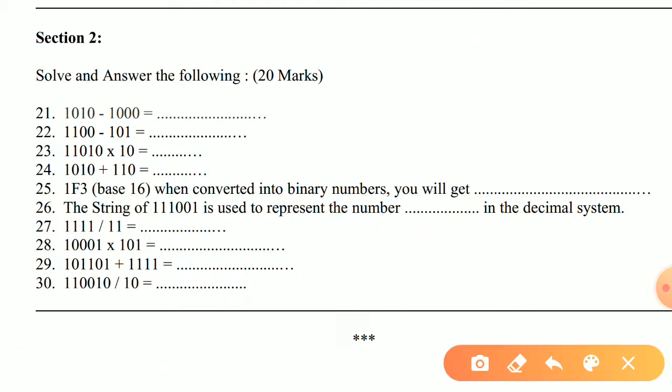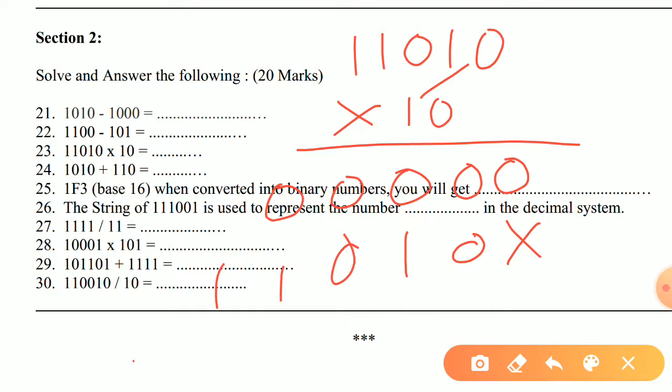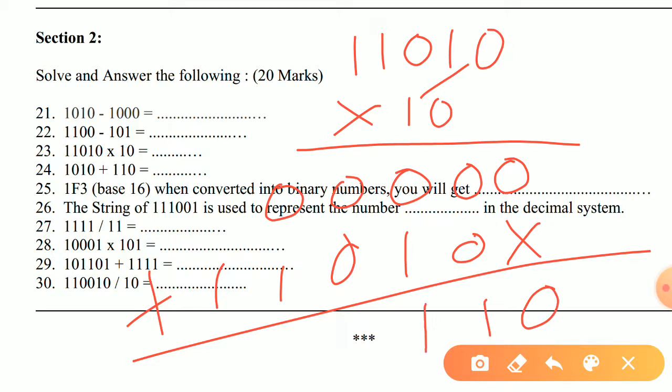Now see the 23rd part. We are having 11010 multiplied by 10. Now 0 multiplied by 0 is 0. 0 into 1 is 0, and again 0 and 0 and 0. Now by 1 we are having 0 into 0, 1 into 0 is 0. 1 into 1 is 1. 1 into 0 is 0. 1 into 1 is 1. 1 into 1 is 1. Now do the addition part. 0 plus 1 is 1. 0, 1 and again 1. Okay, so this is the answer. 110110.